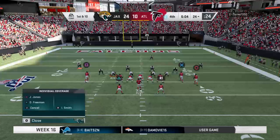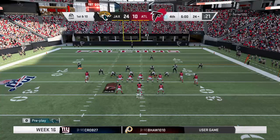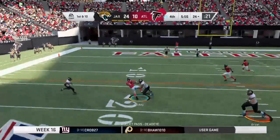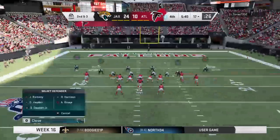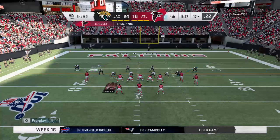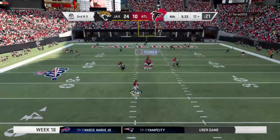Matt Ryan trying to lead the Falcons from behind. Last year in 16 starts, just one fourth-quarter comeback for the QB. Here's Ryan to throw. And he will find Ridley on the left side. And he'll get it down this time to the 17. Seven yards, the pickup on the pitch and catch. Able to get seven on that first-down pass play. Second and